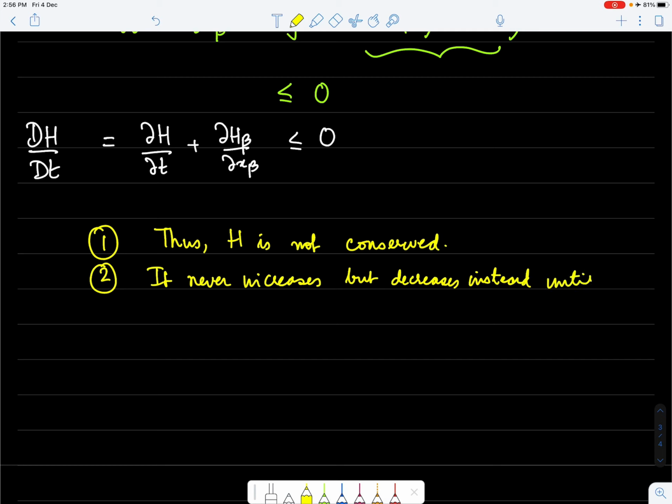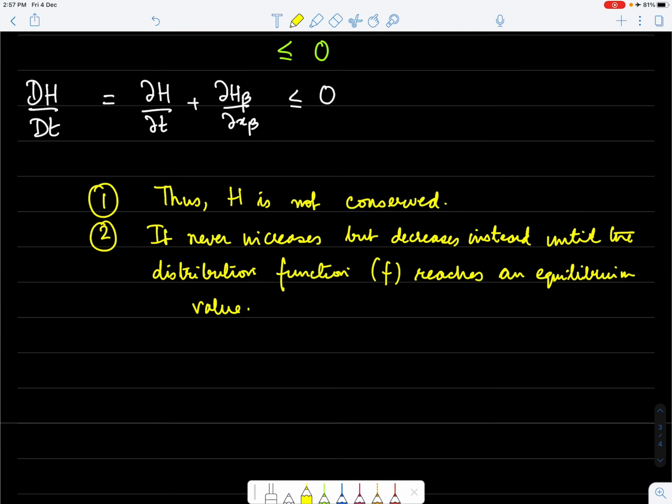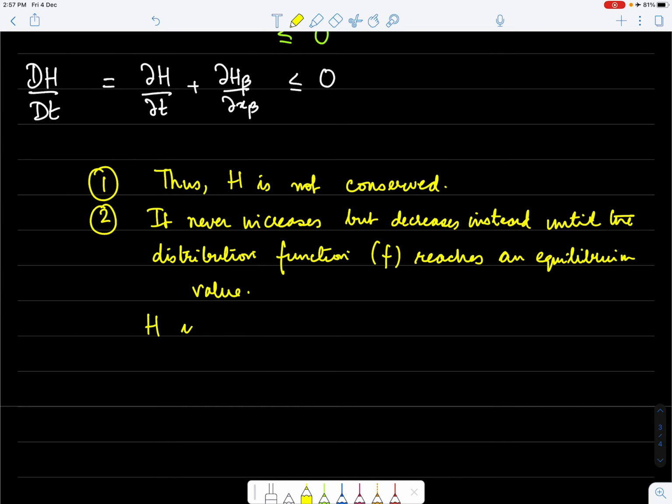until the distribution function, which is f, reaches an equilibrium value. That would be the point at which h achieves its minimum value. So this function h is an ever decreasing function, and this may sound familiar to something else. In fact, that was the whole idea that I said, that it can be used to correlate entropy. So h is analogous to entropy,